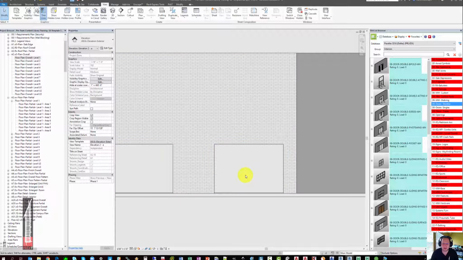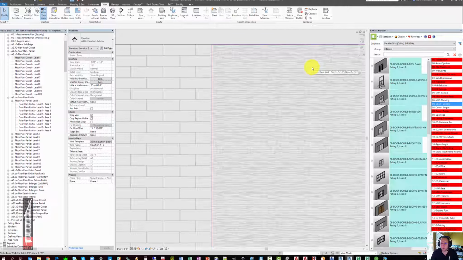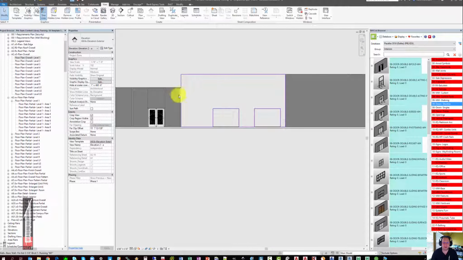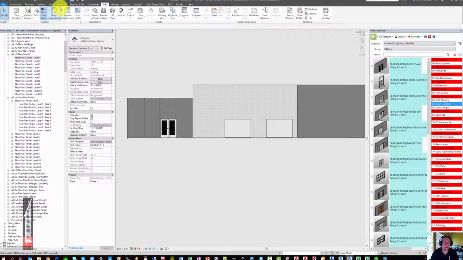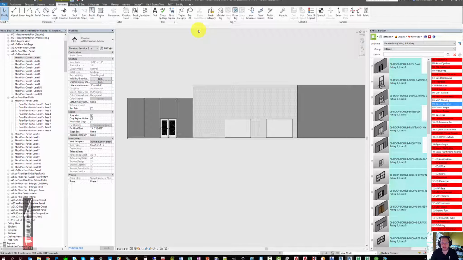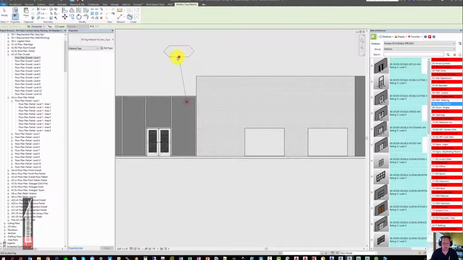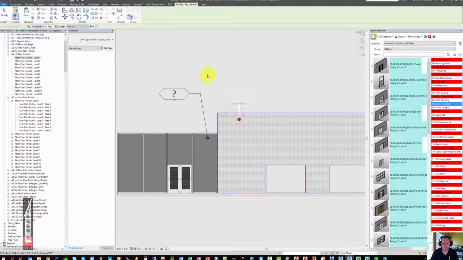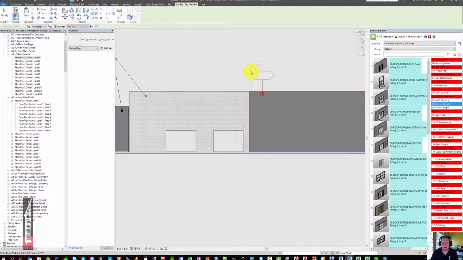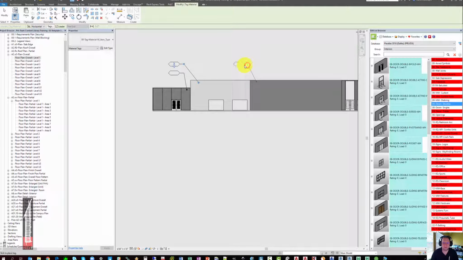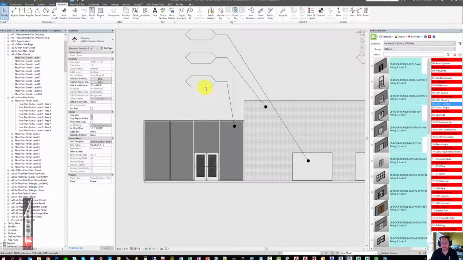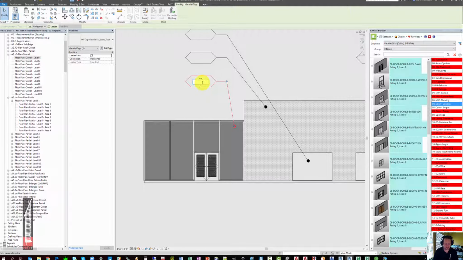We have some brick walls, some doors. We have a stone wall. If we zoom in, you can see the hatch pattern, and we have some glazing. Now, when it comes time to document finishes, we'll use annotate and the material tag to start placing material parameter or material item type mark tags on our elevation. Once we've done this, we may start filling in values such as glazing 1